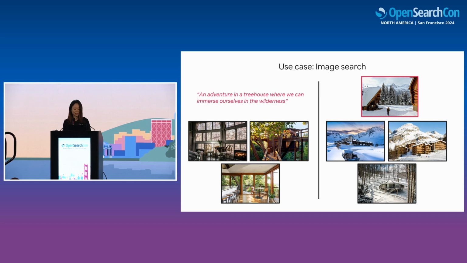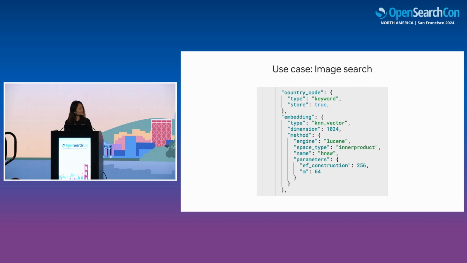Next, let's take image search as an example use case and take a look at how OpenSearch works in action as our vector DB. In this slide, we are looking at a part of a real schema for the image search use case. This schema demonstrates how we structure the OpenSearch index with KNN vectors. First, we can see that this country code field is an example of traditional keyword search fields. It is a type of keyword. It is stored in the index and allows us to apply filters during the KNN search,